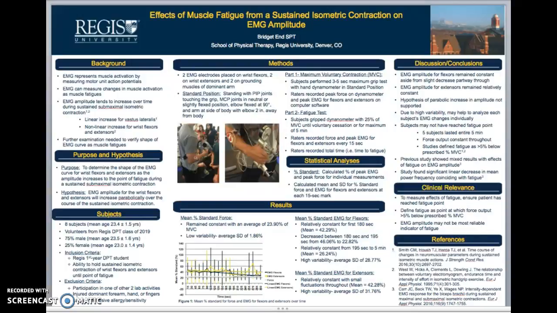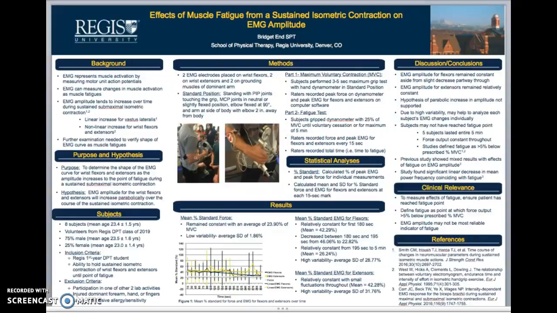So the purpose of my study was to determine the shape of the EMG curve for wrist flexors and extensors as the amplitude increases to the point of fatigue. My hypothesis is that EMG amplitude for both the flexors and extensors will increase parabolically over the course of the sustained isometric contraction. I included 8 subjects, 75% male and 25% female, and they were first-year students of the Regis